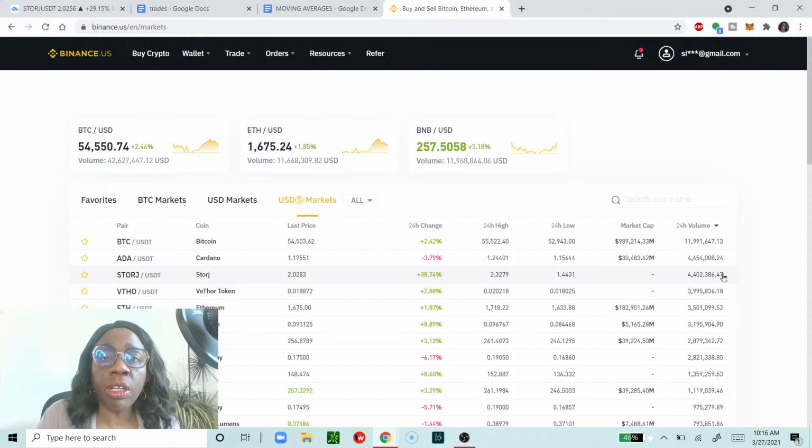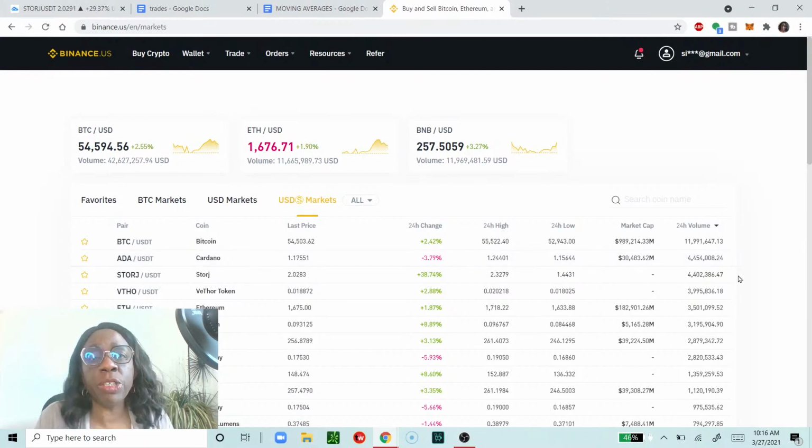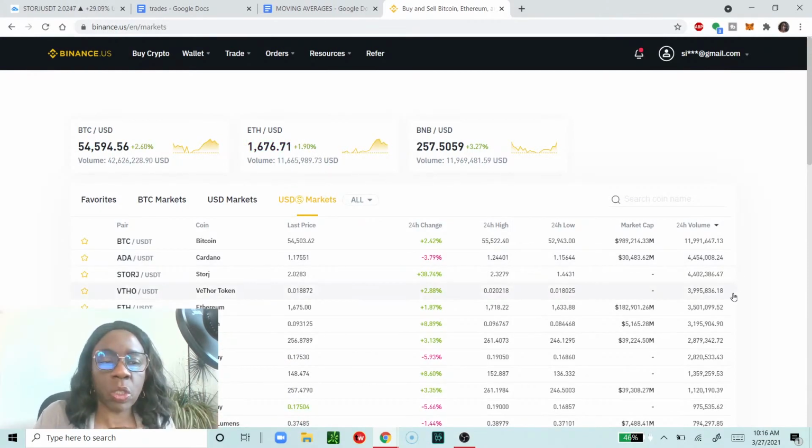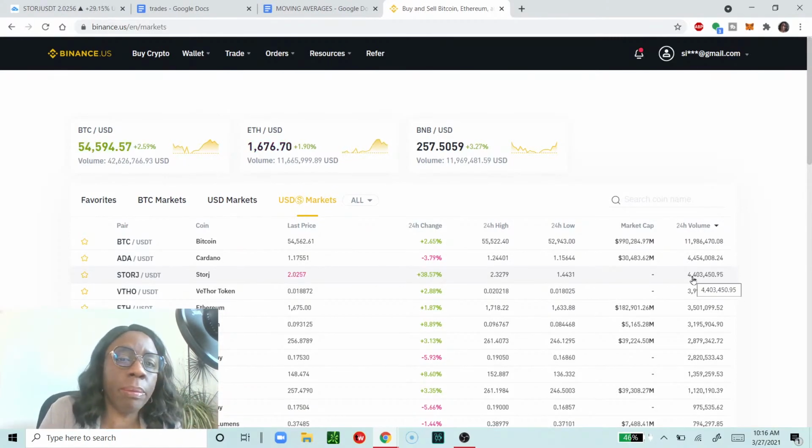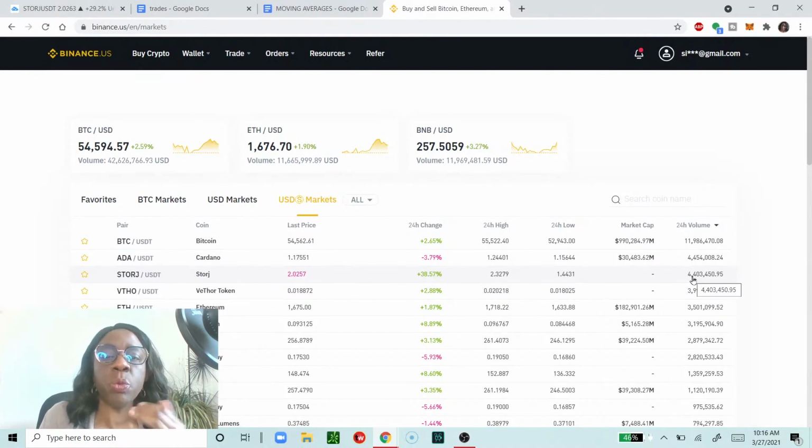Volume is what increases price. I'll rephrase that. A sudden increase in volume is what pushes price up. So volume today compared to volume yesterday. If we were able to look at the volume of this coin pair, say a week ago, it wouldn't have been 4 million. It would have been, I don't know, whatever that was, 1 million. These are the kind of stats that you would check, the kind of metrics that you want to be aware of.